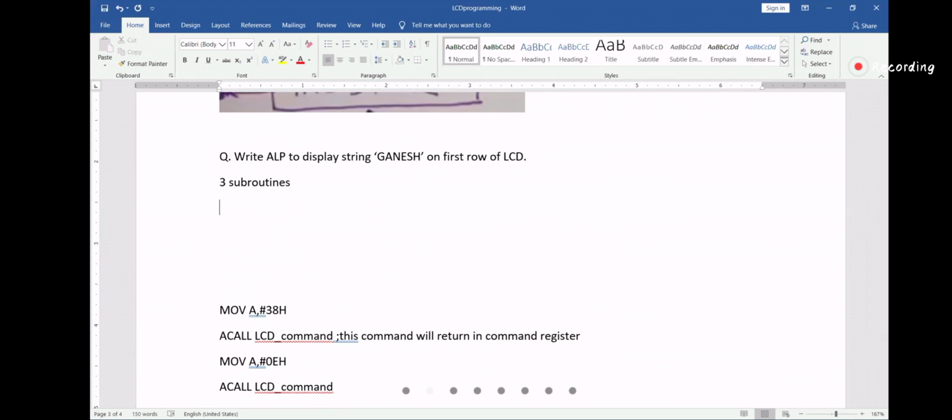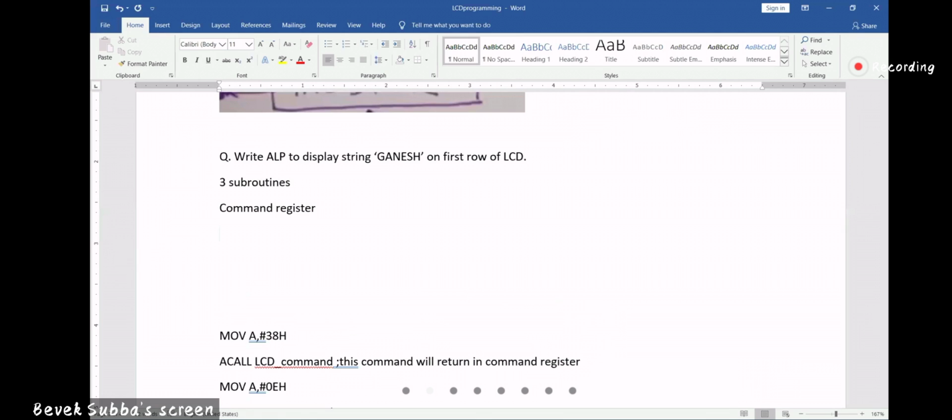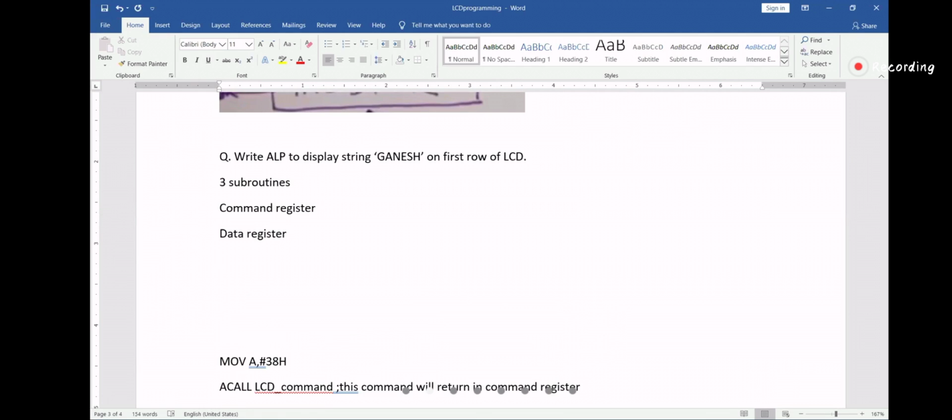The first one is for the command register, the second is for the data register, and the third one is for display. So there are 3 subroutines in this program. Let's see them one by one.